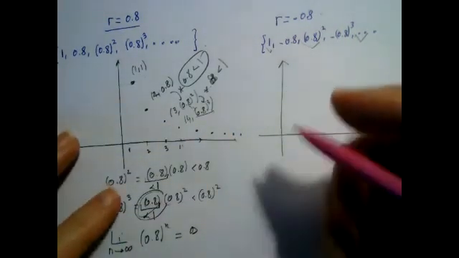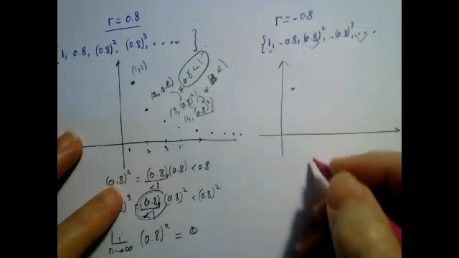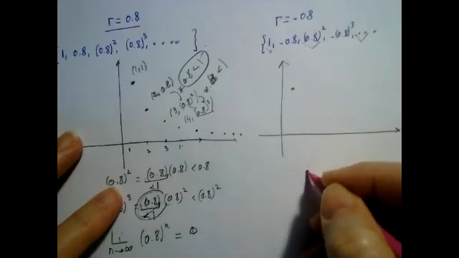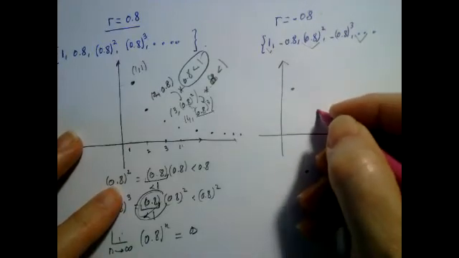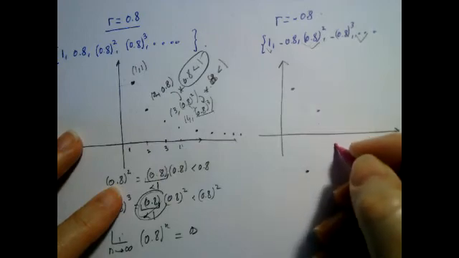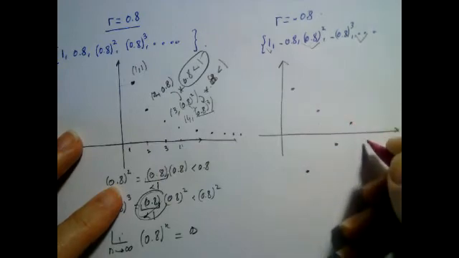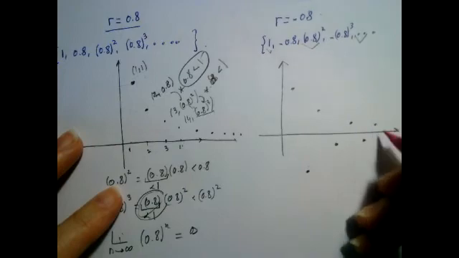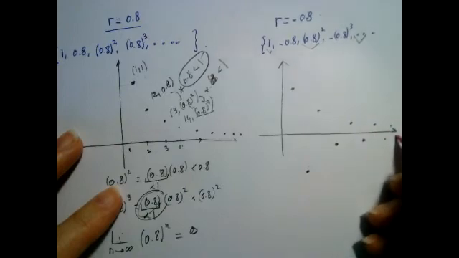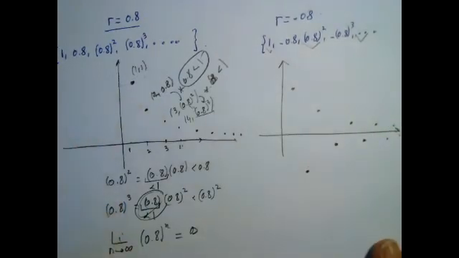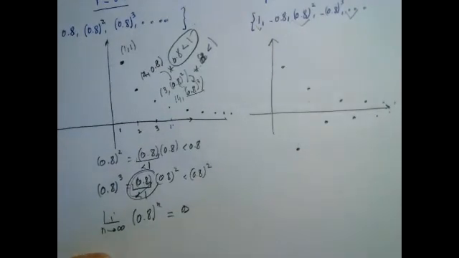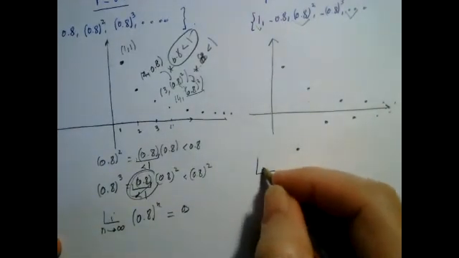So the picture would be 1, minus 0.8, 0.8 squared, minus 0.8 cubed, 0.8 to the fourth, minus, plus, minus, plus, but we're heading towards 0 from both sides. We're back again to the same scenario. So this gives me that the limit